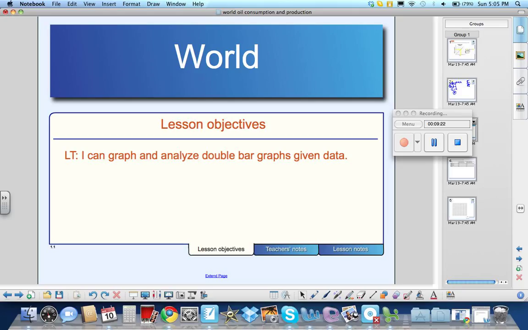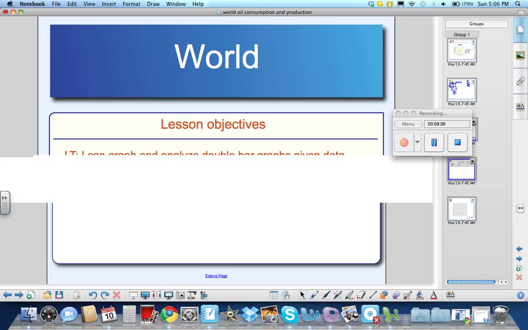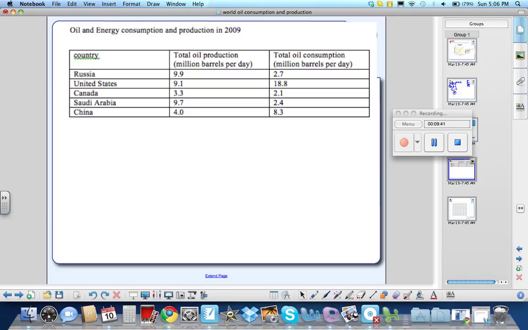All right, let's go to the instructions page or portion. It says draw a double bar graph that compares oil production and oil consumption between different countries. Then answer the accompanying questions. So turn over to the back of that page. You will notice that you should have a table very similar to the one that you see in front in the video. It says oil and energy consumption